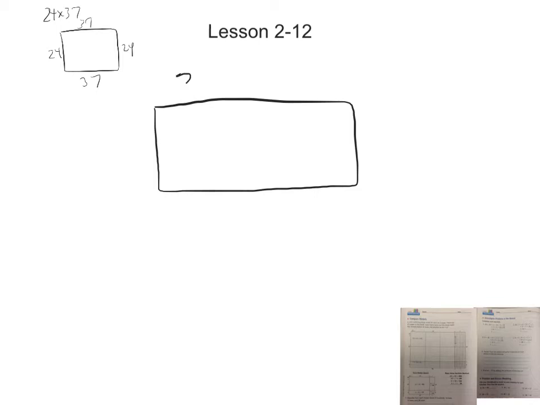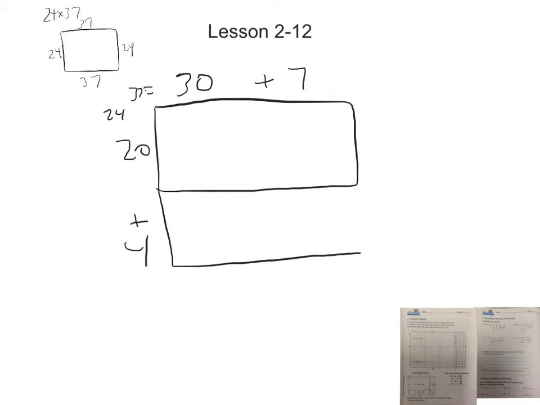on top, you would do 30 plus 7, and then on the side, you would do 20, something new, plus 4. So you would add a whole nother rectangle at the bottom. Okay, and then when you add, you would be adding all of these squares together,